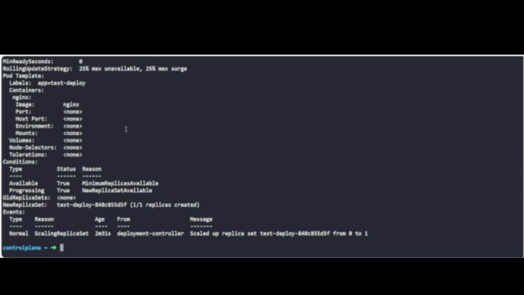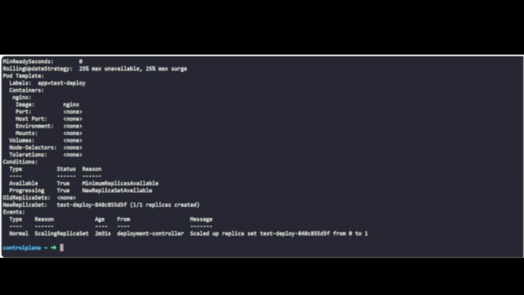If you update this pod deployment configuration, the image or something, then it will do a rolling update, right? Then it will create a new replica. As I said, first it will create a new pod and then it will delete the old pod. How is that going to happen? First it will create a new replica set and increase the replicas, and then delete the old replica